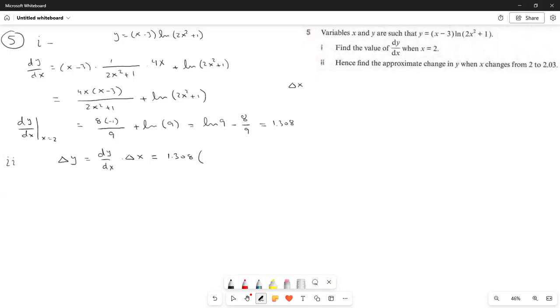Delta x was, remember, x changes from 2 to 2.03, so 2.03 minus 2, which would be 0.03. So multiply by 0.03. When I multiply them together, I got the answer as